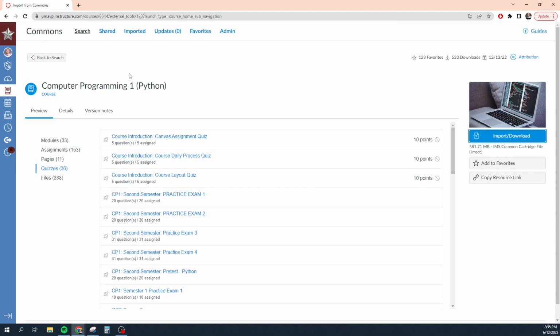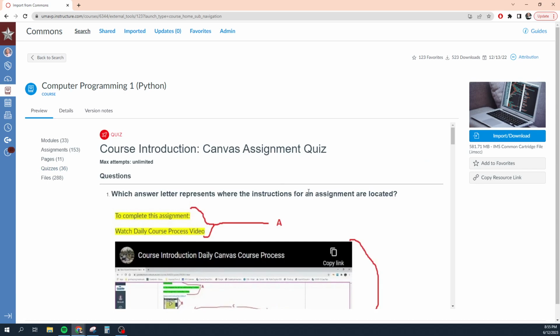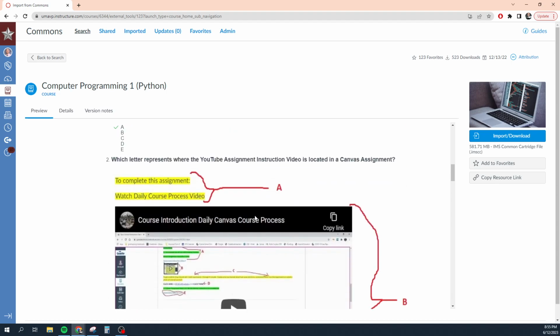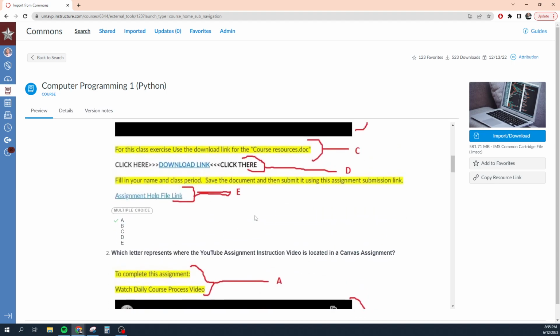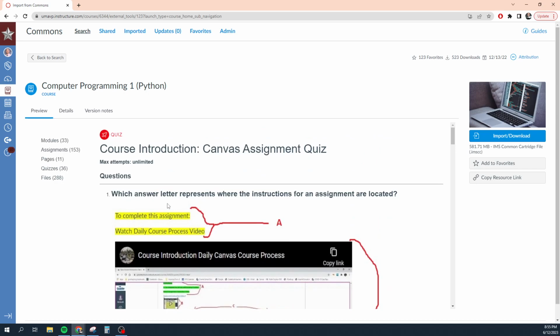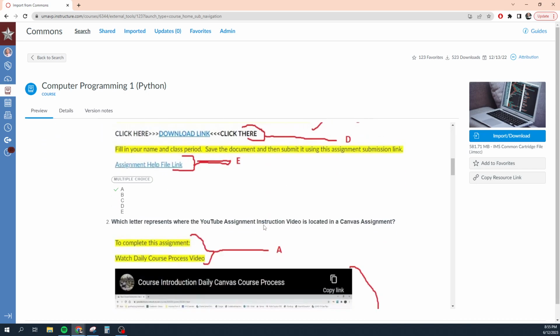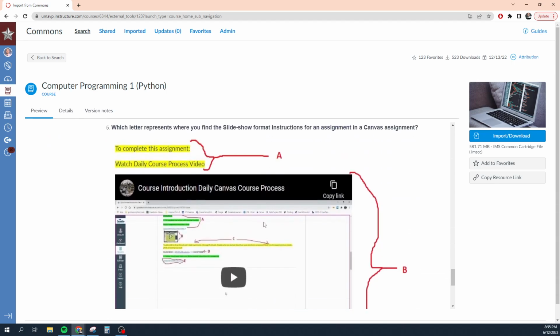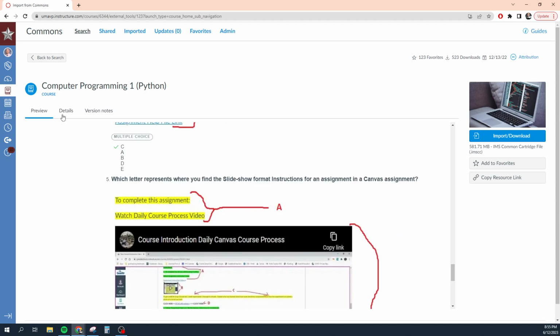Now again, play around with this because you can't really see what this stuff is from a top level view. You have to look at things individually. This looks kind of a bit chaotic, actually. Which answer was the instructions for? Okay, I see what this is. All right, this is a bit much, I think. But anyway, you can look at